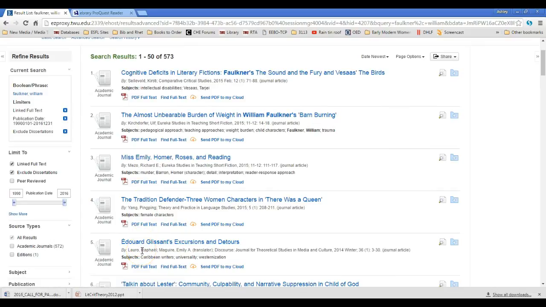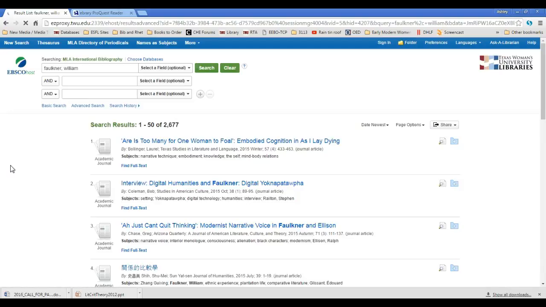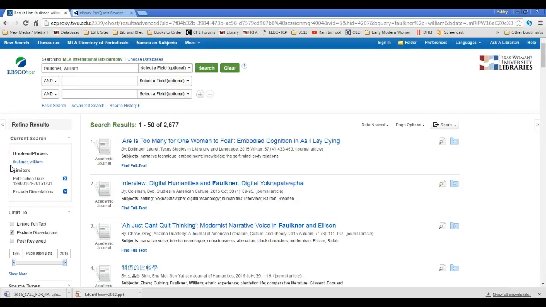That's really cool. But what's not cool is when we only use a linked full text search and potentially miss resources that we may not have at our library or that we may not have access to through the EBSCOhost database products. It could be that we actually do have electronic access to the Journal of American Literature, Culture, and Theory, but that we just may not have access to it through EBSCOhost. And what we would have to do is go look up this journal in our library database. So MLA is a starting point, but we may not necessarily find the linked full text.